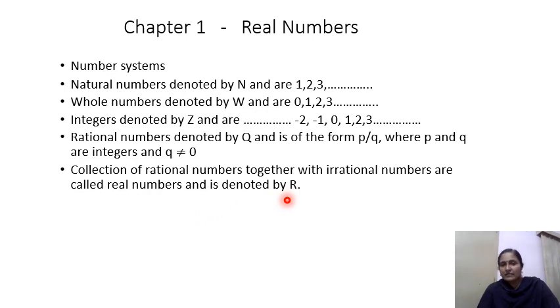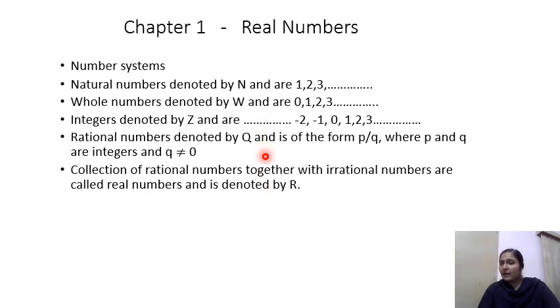So when we have studied all the number systems, you can check that the smallest number system is the set of natural numbers, then come whole numbers, then integers, then rational numbers, and at last real numbers. If you check the sequence there, we can say every natural number is an integer. Every natural number is a real number. Every integer is a real number. But the converse is not true. Every real number is not an integer.